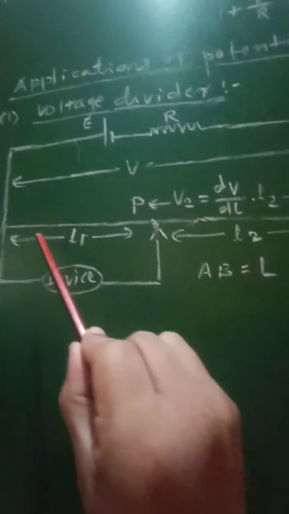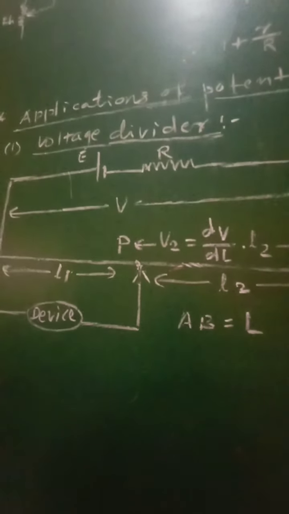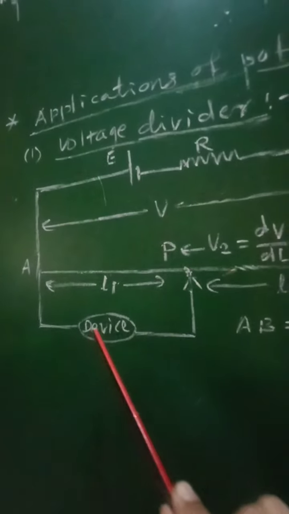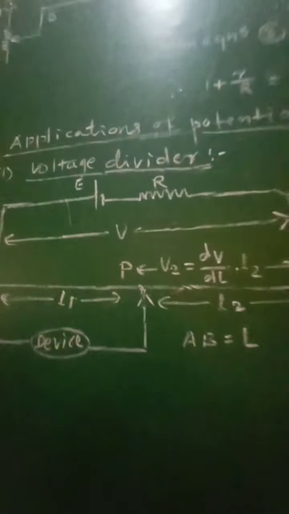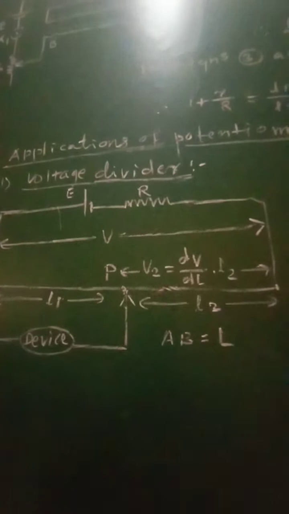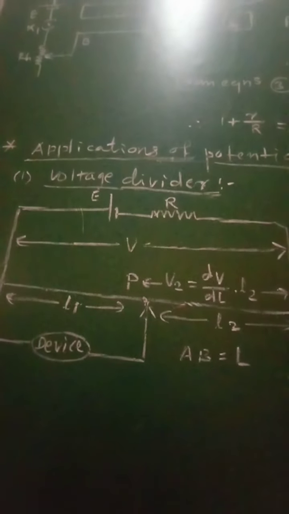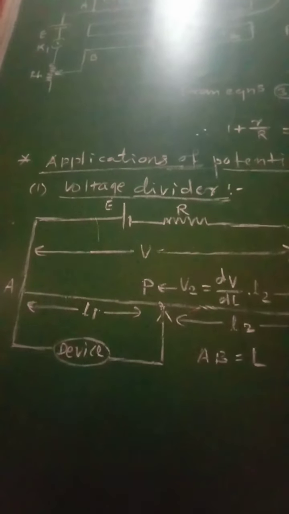It consists of the potentiometer wire AB. Between the two ends of this wire AB, a series combination of cell E and resistance R is connected, such that between the two ends of the wire, the potential difference is phi. Then to this terminal A, one end of the device is connected, and the other terminal will act as the slider. The potentiometer is used as a voltage divider to continuously change the output of the voltage supply.